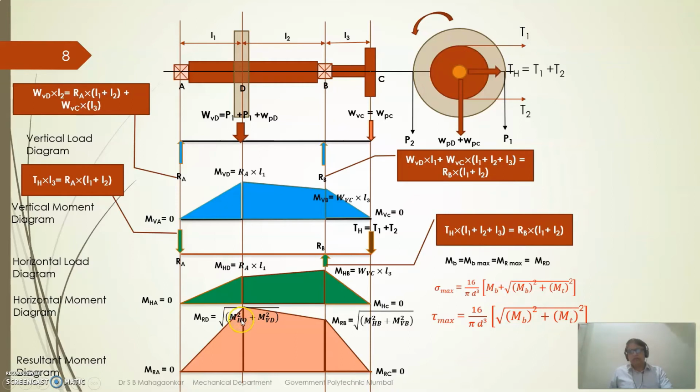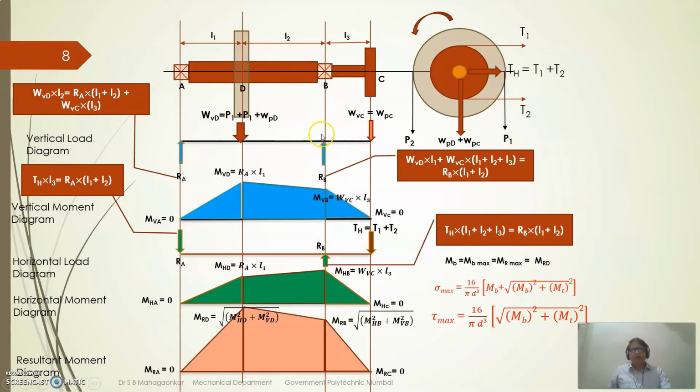So this value you can take as MB, and then the MT value you already know. Using that, you can use tensile or shear, whichever gives the larger diameter, and that diameter we have designed. Okay, so like this, if you get D here, you can have this stepped shaft, and this diameter you can take up to this uniform portion. This has the maximum bending moment, so hence the diameter will be more for this, right?